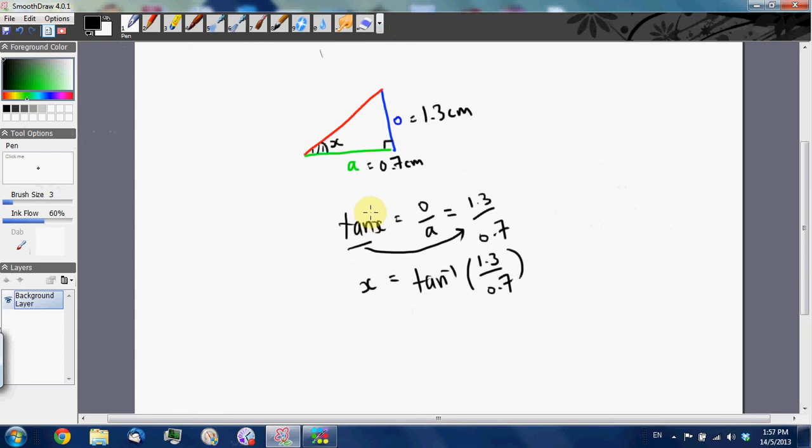Okay, so you can see that when you bring the tangent over to the other side, you have to inverse it. Alright, and you have to inverse the whole thing. Okay, you have to inverse the whole of this side. So for example, you can imagine this thing going over and tangent inversing everything on the other side. Okay, so we have that x will be equal to, let me just divide it in the calculator, 61.7 degrees. Okay, so that is basically inverse